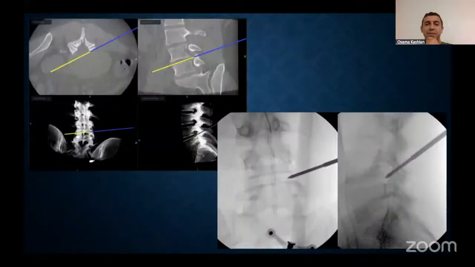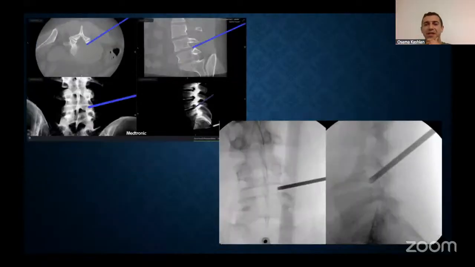So this is some pictures showing how accurate it is. This was the picture on the O-arm, on the Intraop Stealth NCT machine. And then this is how the same shot looked with X-ray. So once you get comfortable with this, then you can really see the power of this, because you don't have to take as many X-ray shots. This is, again, with the reamers that are now navigated.